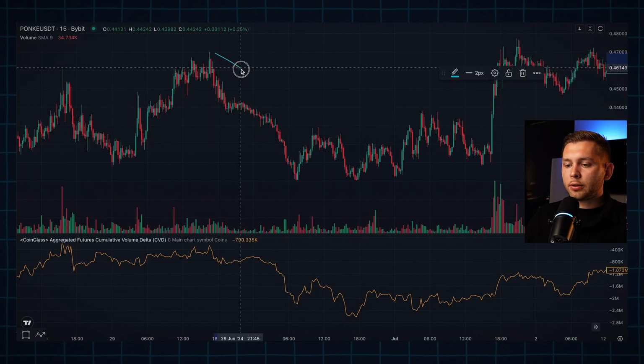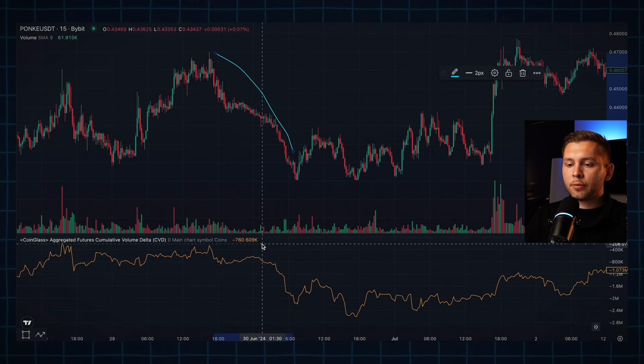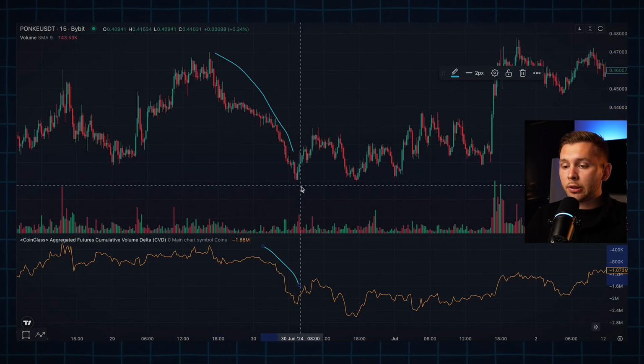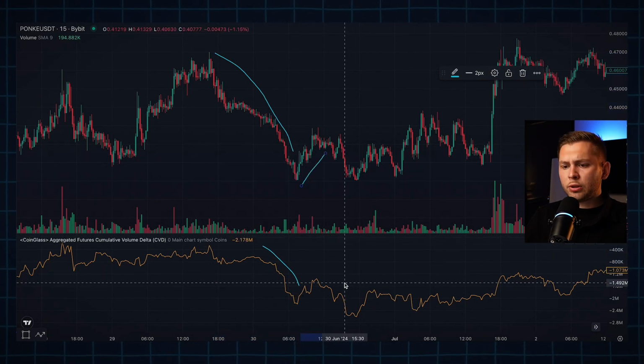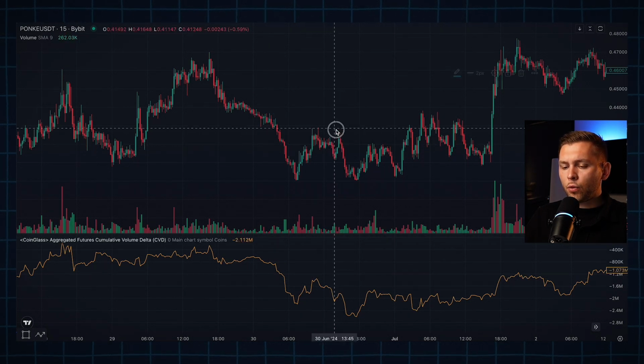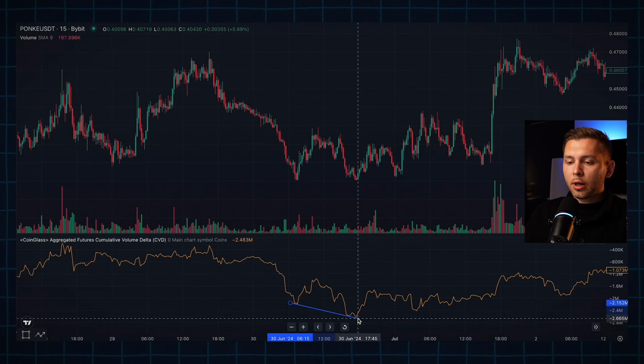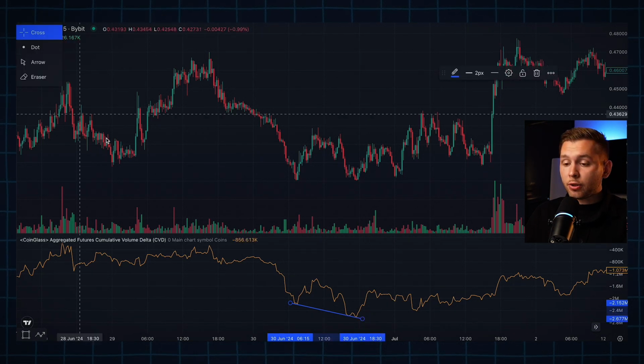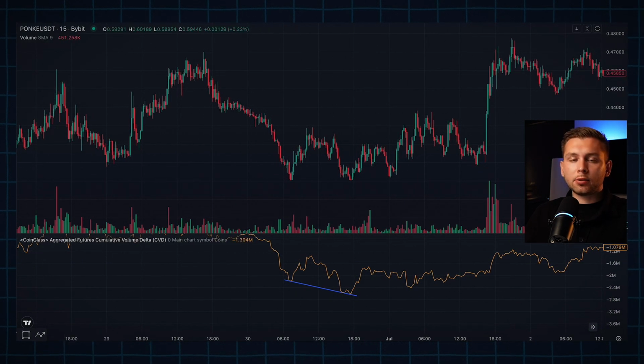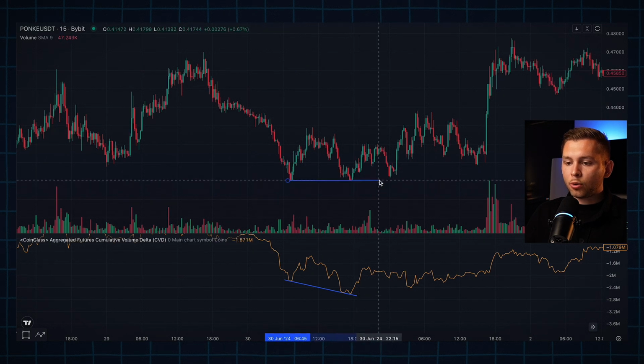The Ponki coin, we can see, is in a downtrend. The price decreases along with the CVD, bounces for a few days of growth, and then falls again along with the CVD. At some point, divergence occurs. Cumulative volume delta continues to decrease sharply and update lows, but the price, we can see, no longer falls much lower